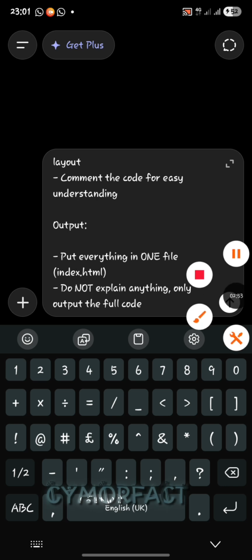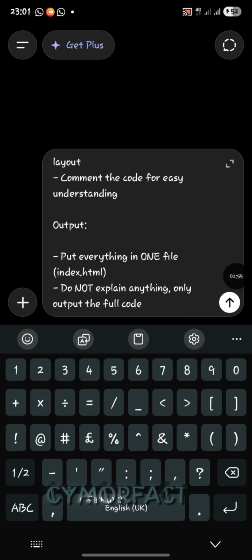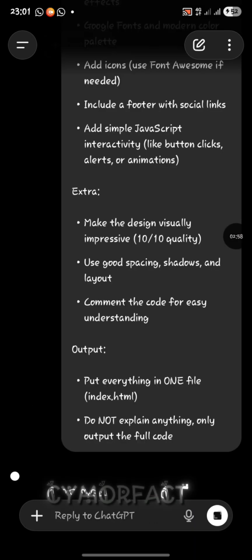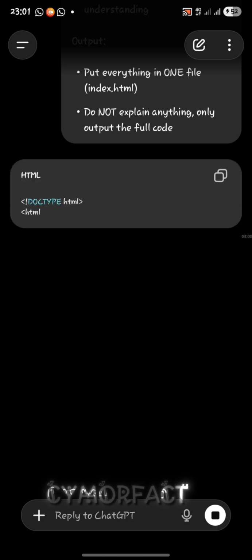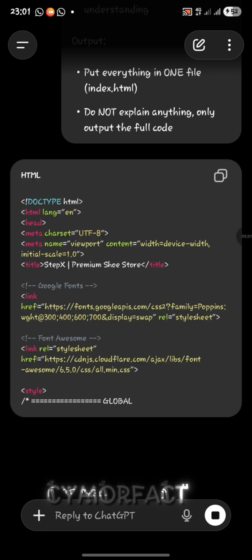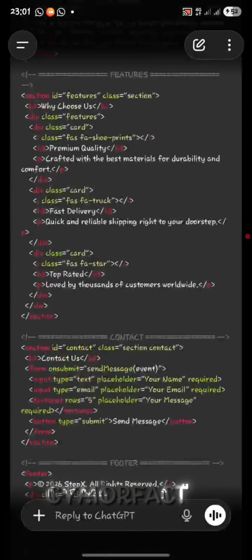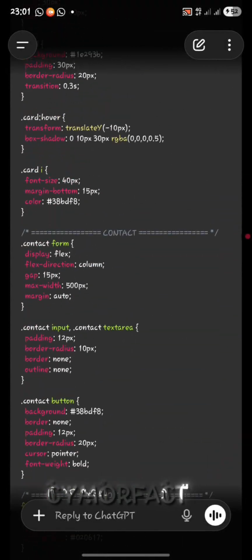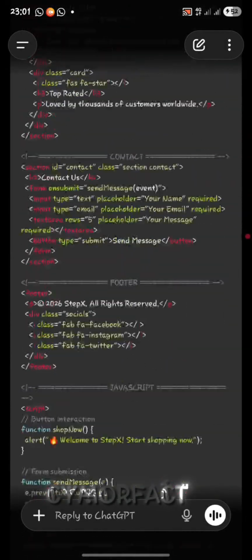I'll just put it like that, and let us leave ChatGPT to work. Let us finish writing our code. So here is our code. We have everything you need, but also to make it premium,